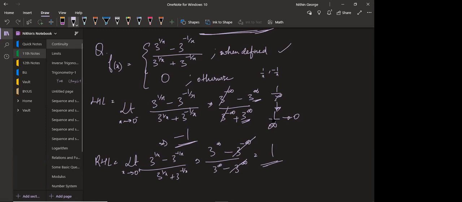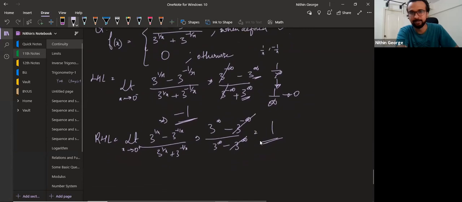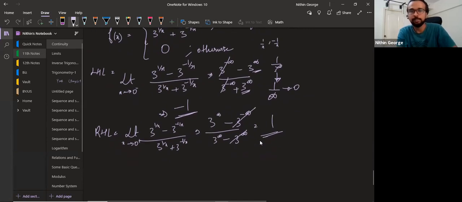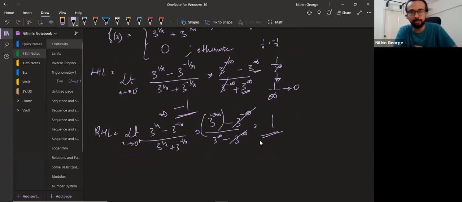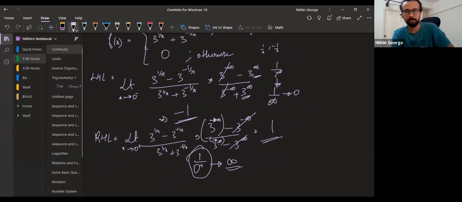But then you said infinity can be any value. It can take different values. No, no, no. This is not 3 power infinity. This is 3 power huge value that tends to infinity. Okay, it's not infinity I'm putting there. All right. I'm treating this as a huge value that tends to infinity. Okay. What is the huge value that tends to infinity? 1 by 0 plus. Okay, 1 by a value greater than 0. Okay. I'm calling it as a value tending towards infinity. All right. It's 1 by 0 plus that I'm dealing with here in those infinities. Does that make it clear?